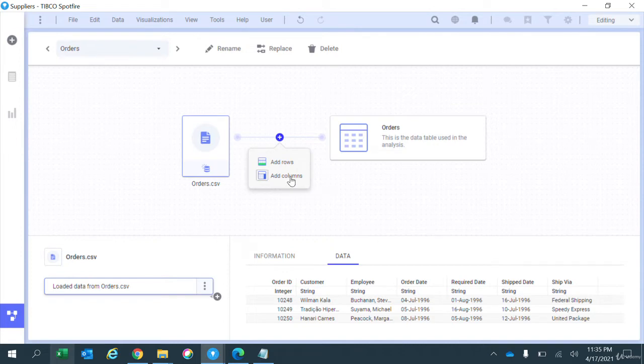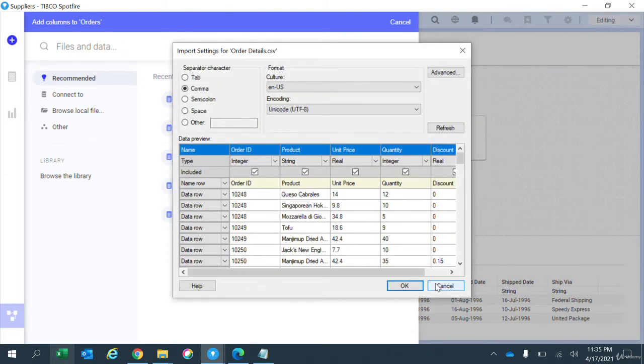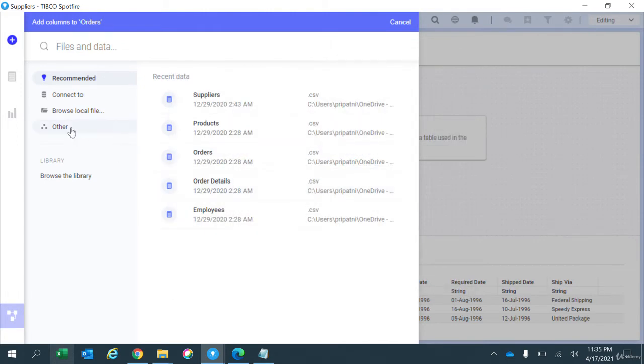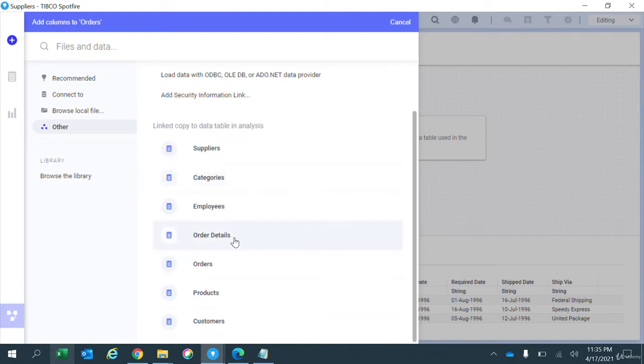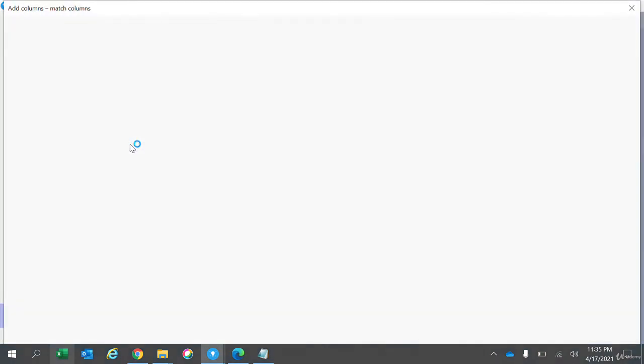So you click on Add Columns, and let's say you want to do the Order Details and Orders, which we have already brought in. So what I will do is go to Other and select the Order Details. Now it asks for settings for added columns. So when I click that,